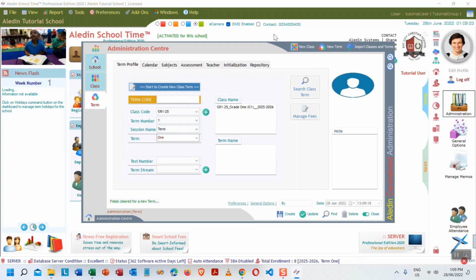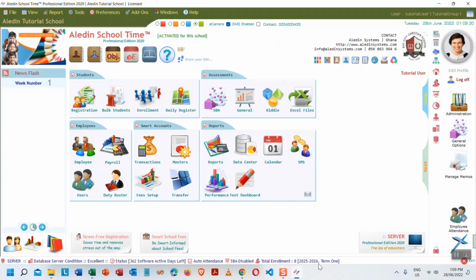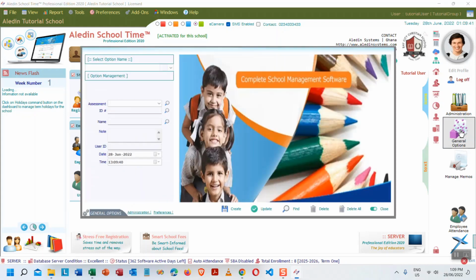But first of all, before you do these things, let me close this. Before you do these things, the system knows that it is taking care of term 1. So what we need to do is first go to the option to create